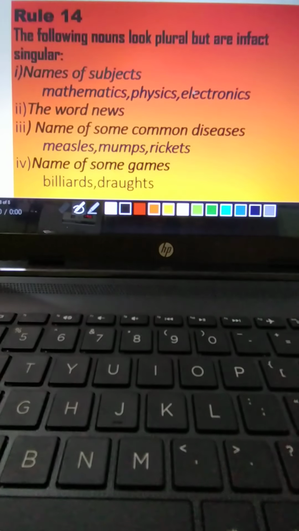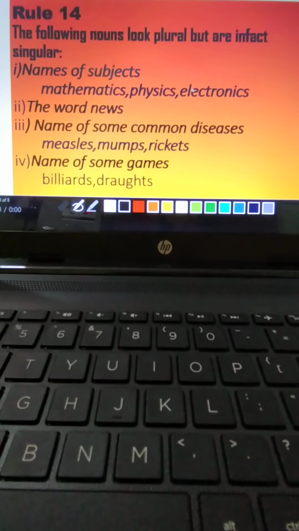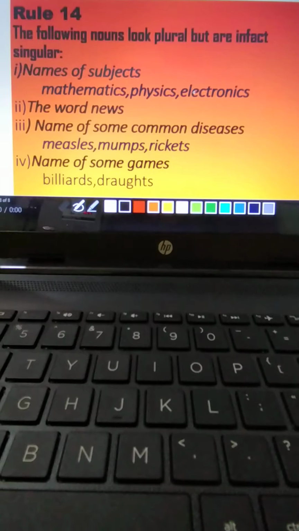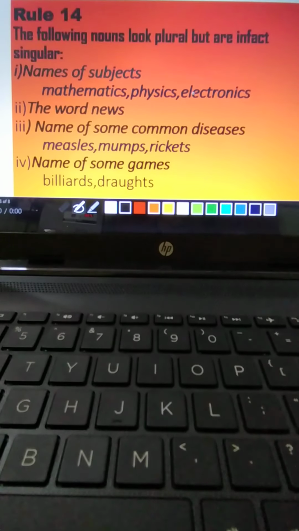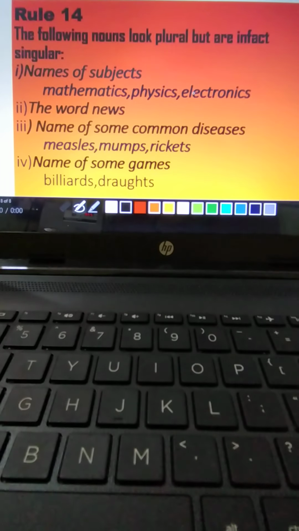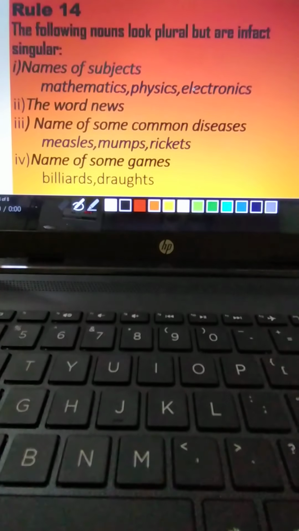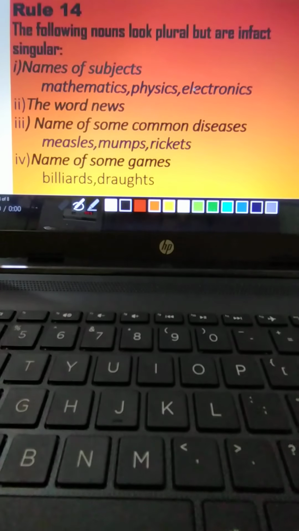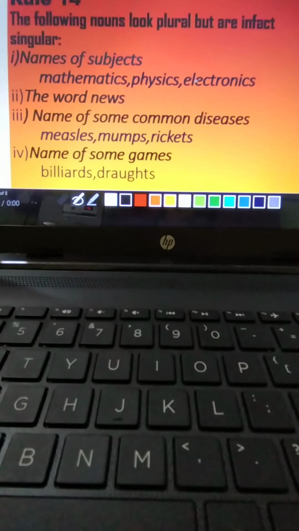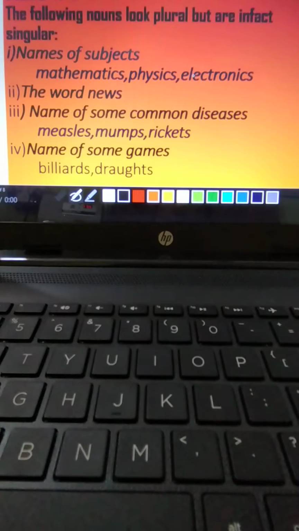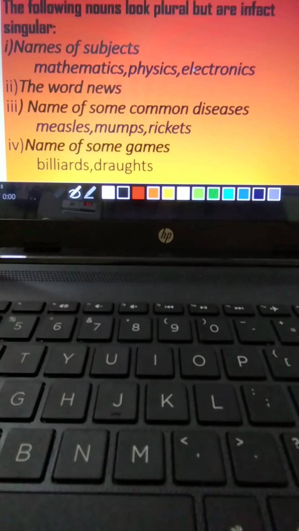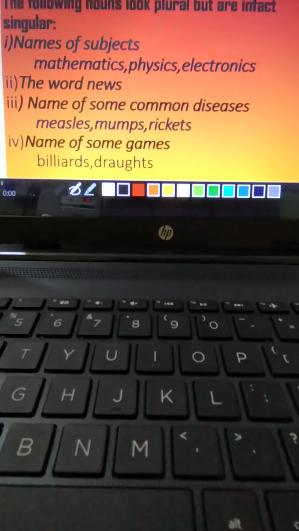Mathematics is his favorite study, right? So you can make out that sentences are mentioned in your book so that you can get your idea very clear how mathematics is used in our day-to-day life. It is a subject. Mathematics is not plural. It is a singular subject. Physics, it's a subject, and we always use it in the plural. It looks like a plural, but actually it is a singular.